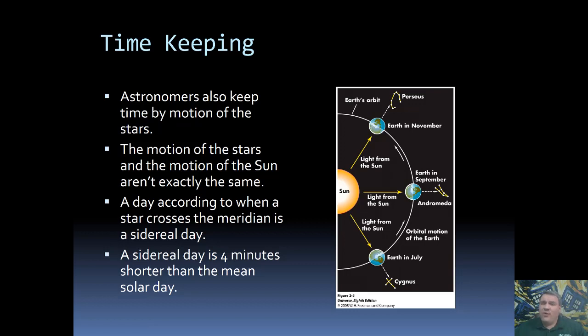Now, the reason for this may seem strange, but the reason for it is because we are orbiting around the sun, which is going to affect how long it takes for the sun to get back on the meridian. The stars are so far away and they are fixed, or at least mostly fixed in our point of view. So, for example, if we're going to define a sidereal day based off of the stars in Cygnus, then the Earth only has to rotate a full 360 degrees. It makes one complete circle. And then the stars in Cygnus are back on the meridian.